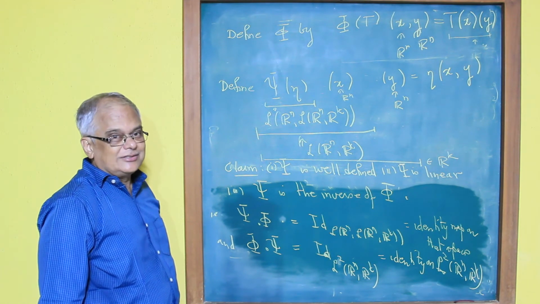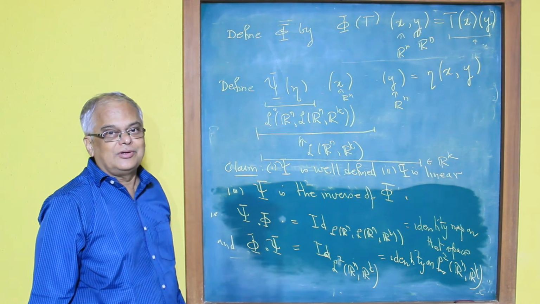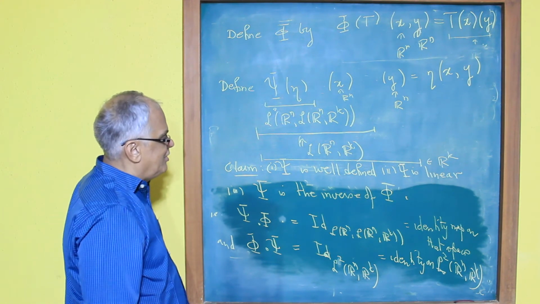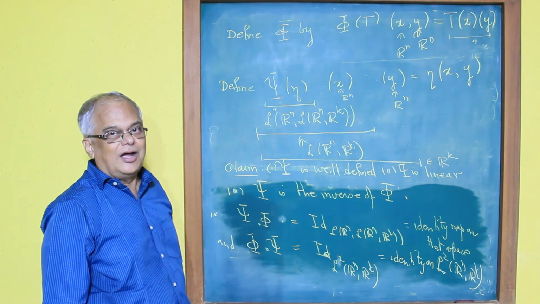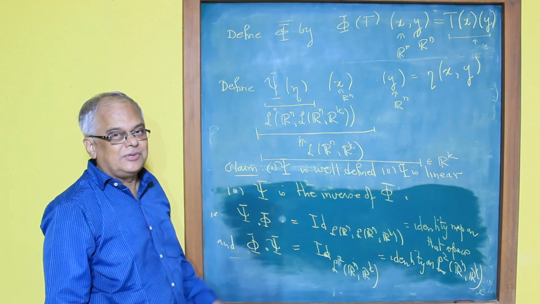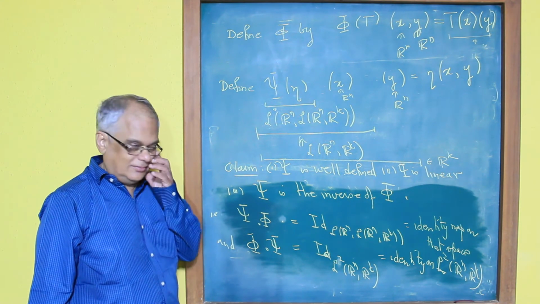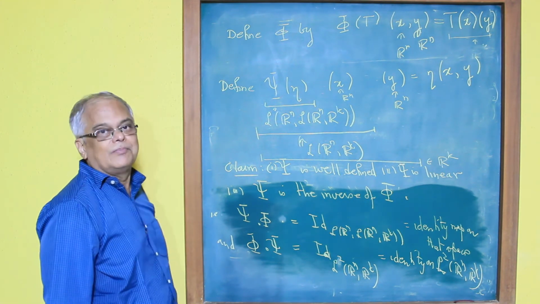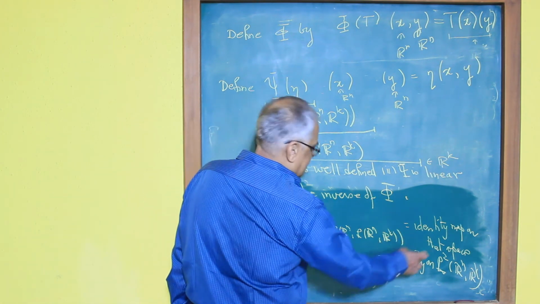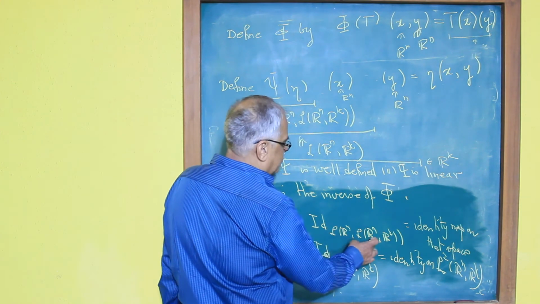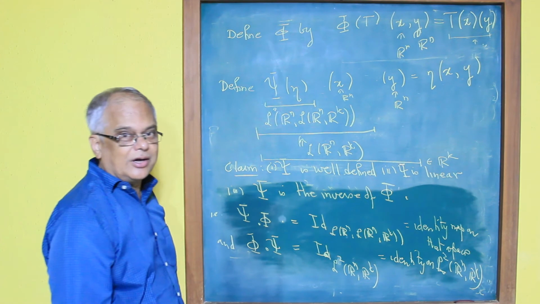This is a very good exercise that you should try and do. If you can figure this out and show these two identities, then you really have understood quite a few things about multilinear algebra, about derivatives, about lots and lots of things going on here. You've understood what bilinear maps are, and you've understood linear maps from Rn to linear maps from Rn to Rk.